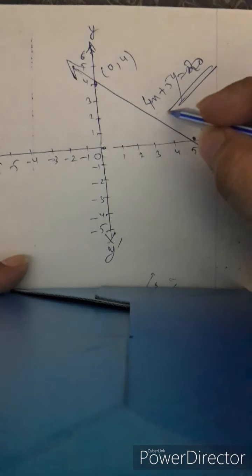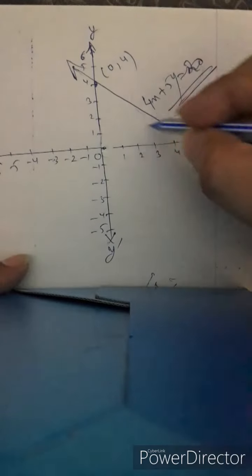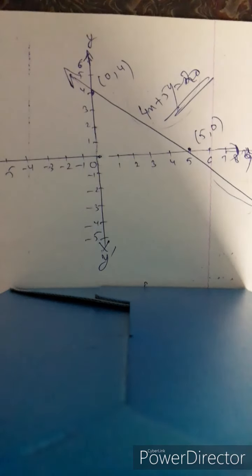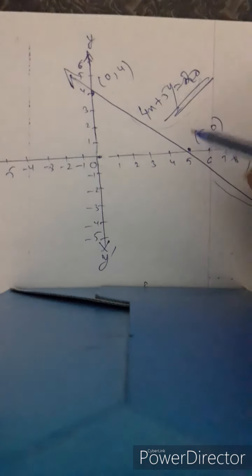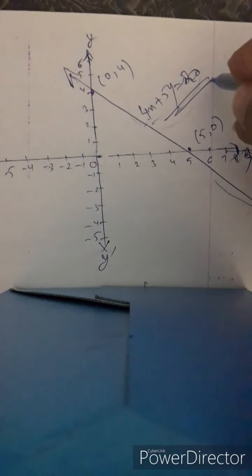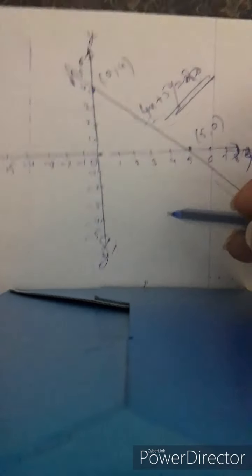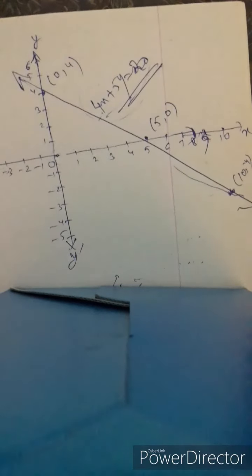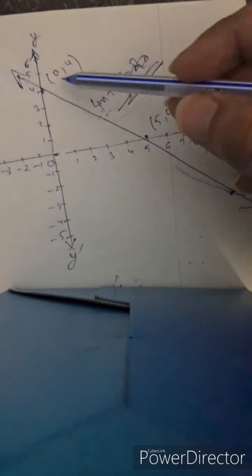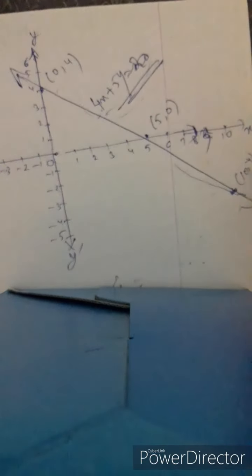Suppose this is one equation which is given, 4x plus 5y equals 20. A pair of equations can be solved graphically only when 2 equations are given, that is, a pair is given. So let the first equation be 4x plus 5y equals 20. We have already obtained the values of x and y for this, drawn the line, and represented it graphically: the straight line joining the points 0, 4, 5, 0 and 10, minus 4.